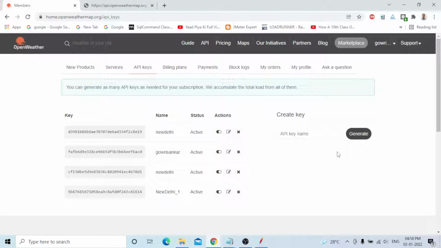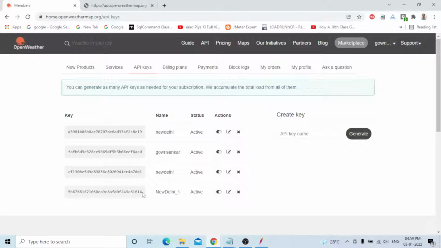Maybe for you it will take around 20 to 30 minutes. Only once activated will the key work. If you use it immediately after generating, it's not working. Just remember that point.